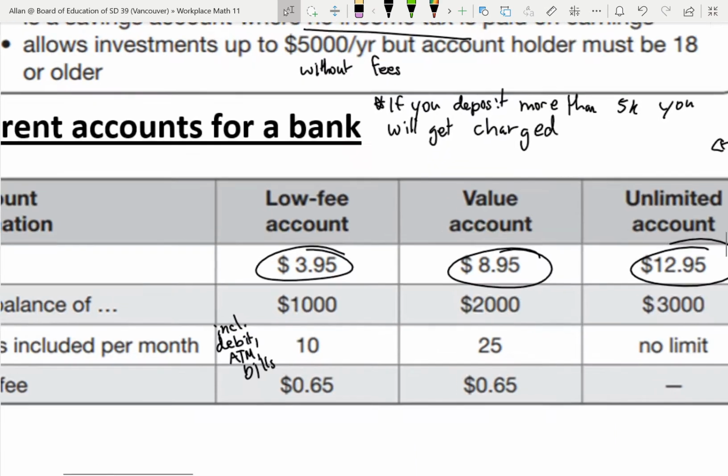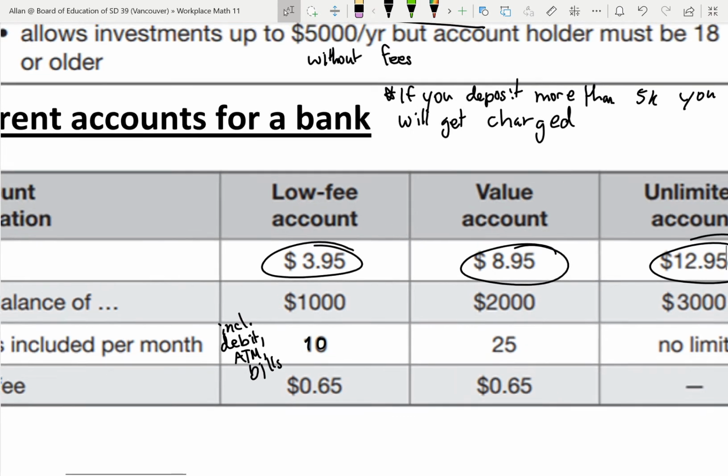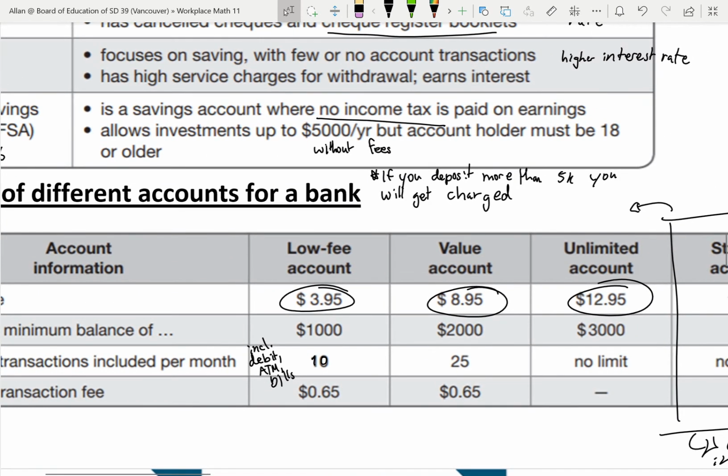So, for example, the low fee account has a value of 10. So you could make 10 debit transactions or 9 debit transactions and one ATM transaction. But this is a very small amount. Think about each time you use your debit card, you can only do that 10 times. And if you went over, they charge you an additional 65 cents. So for example, if you made 12 transactions,